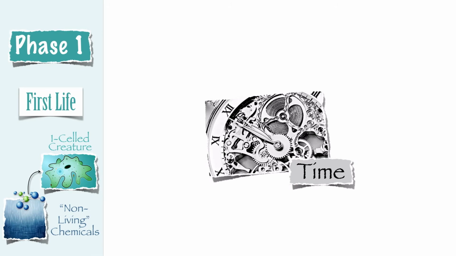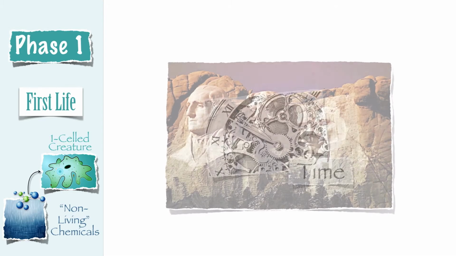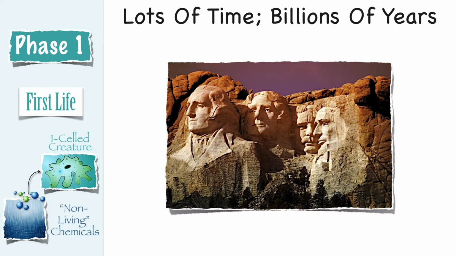Well, ask yourself this question. If a mountain of rock was subjected to wind, rain, erosion, and other natural laws for billions and billions of years, could natural laws, all by themselves, create the finely sculptured faces on Mount Rushmore? Of course not. No matter how much time you give natural laws, they could never create it. Only intelligence could create something like that.